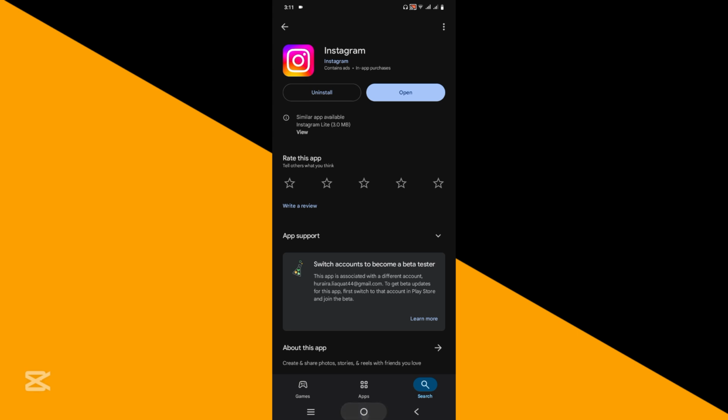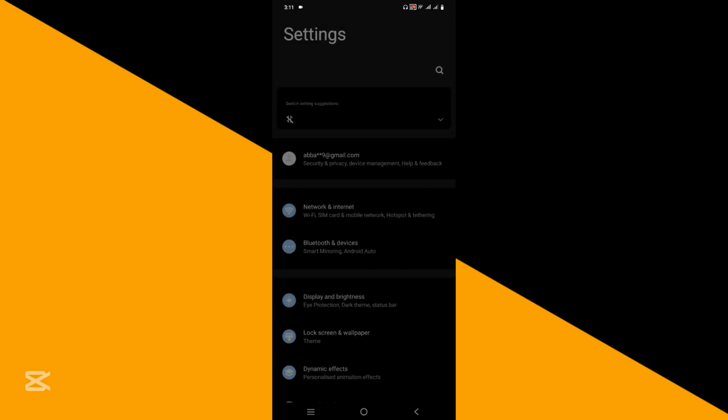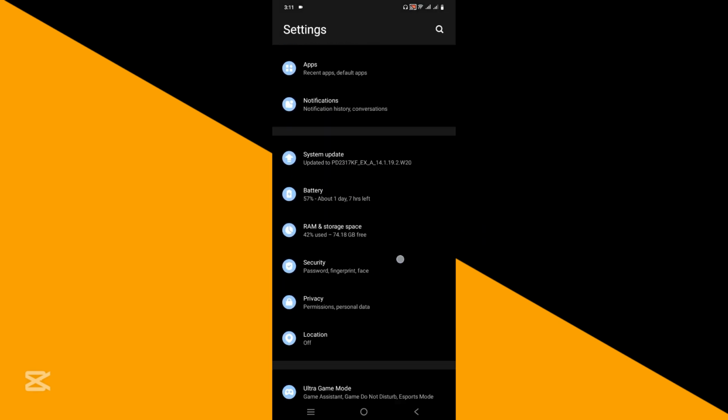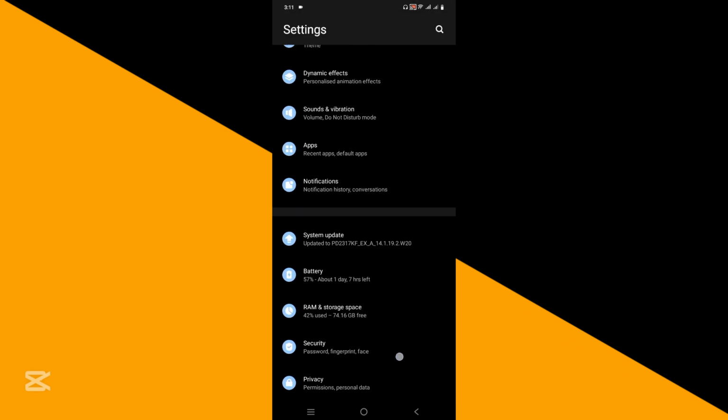And if it doesn't work, you'll have to go to the settings. That is the third step. Now you'll have to scroll down and you'll be able to find an option of system update. You'll have to tap on it and check if an update is available, and update your phone to the latest version. And the last step is to go to the app section